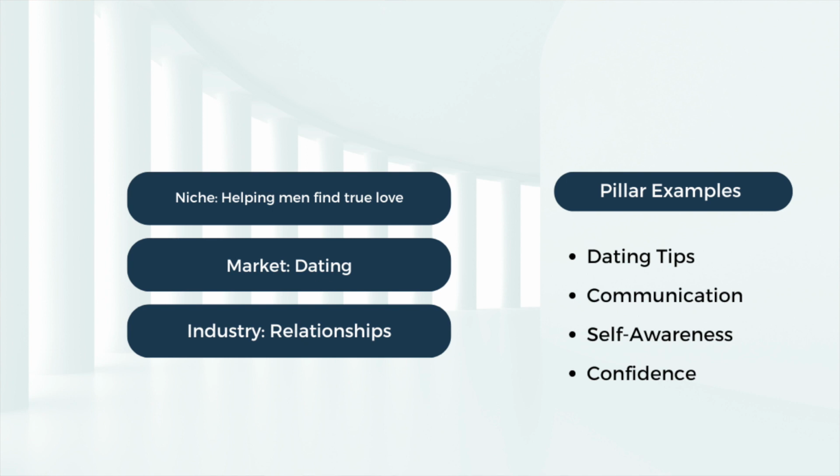Another one might be learning good communication, because that's really important inside of a relationship. So you talk about communication, trust, belief in themselves. Another pillar topic could be self-awareness in who they are and feeling whole with themselves before actually bringing another person into their life. And lastly, a pillar could be confidence and how to build up their confidence to go out there and actually be able to step into the dating world again.